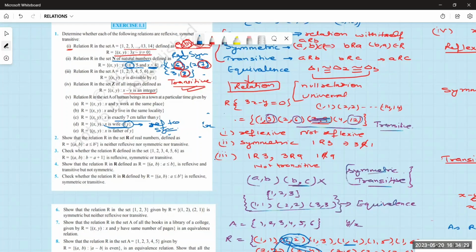Transitive check करो, X is wife of Y। ध्यान से देखो, अब मैं बता रही हूँ कैसे है। X, Y की wife है, Y wife बन सकता है किसी की? नहीं। तो Y तो first नंबर पे आएगा ही नहीं ना। हमें क्या check करना है कि Y first नंबर पे आ रहा है या नहीं। Y तो कहीं पे भी first नंबर पे नहीं आएगा। तो ये transitive है। ध्यान रखो, ओके।